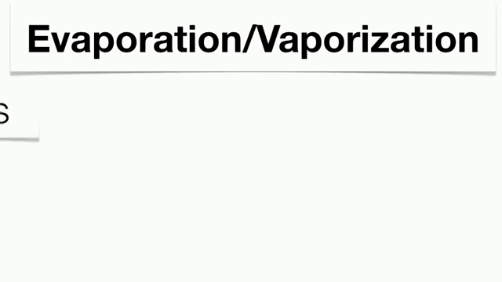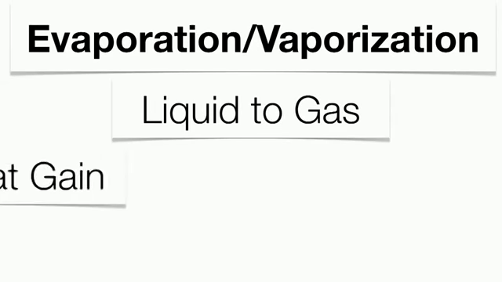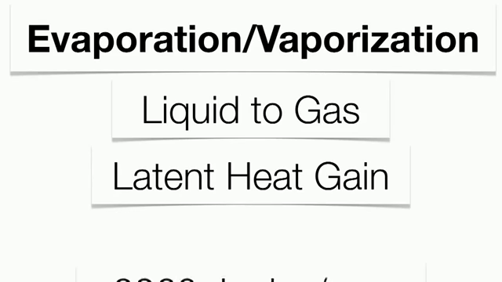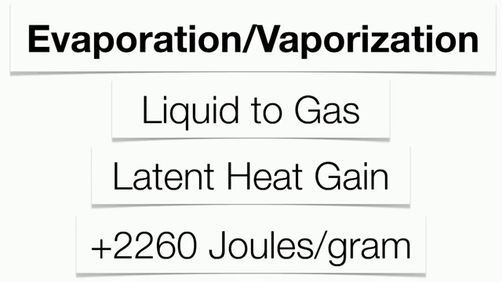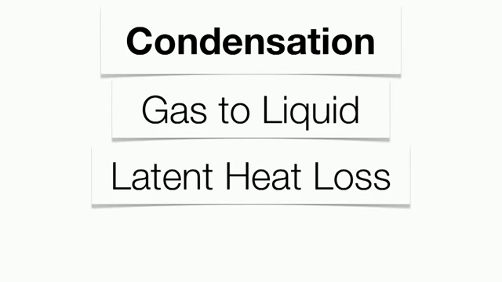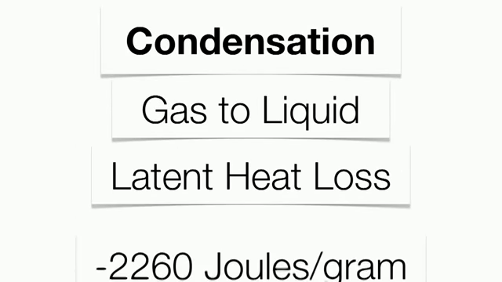Evaporation or vaporization, there's going to be a liquid to gas. Energy is going to be gained here in a much higher quantity, 2,260 joules per gram. Anytime you deal with a gaseous phase, you need a tremendous increase of heat energy in order to change your phase from liquid to gas, or from gas to liquid, which is going to be condensation here. And again, this is going to be a latent heat loss. Energy is going to be given off here at a rate of